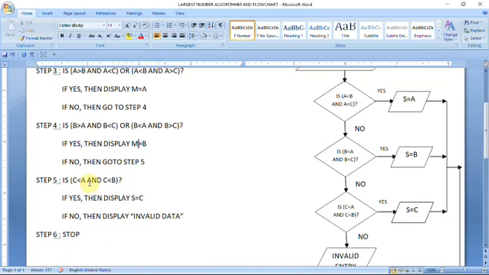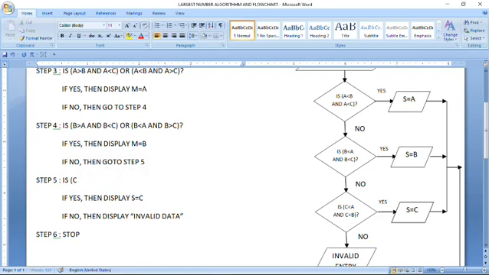And here you can see we have written 2 conditions. In the first number we wrote the condition for A. In the second number we wrote the condition for B, whether B is the middle number or not. First number we tested. We wrote the condition. Second number we wrote the condition. Now the third number, we are going to test C.